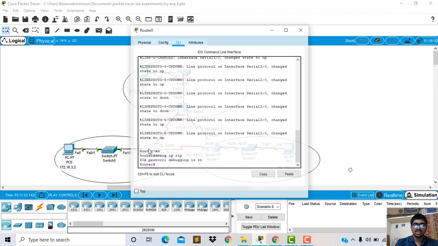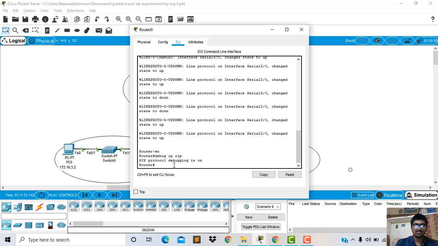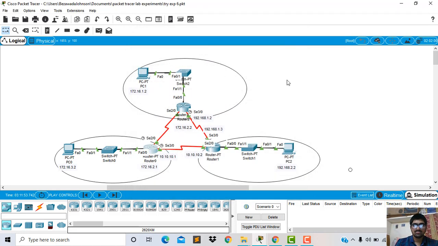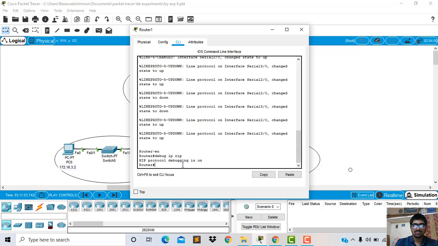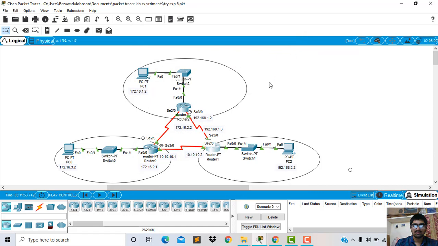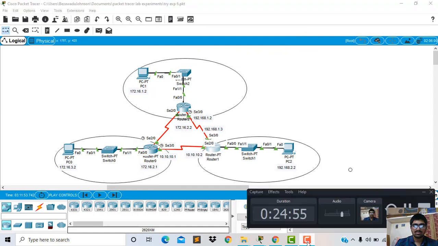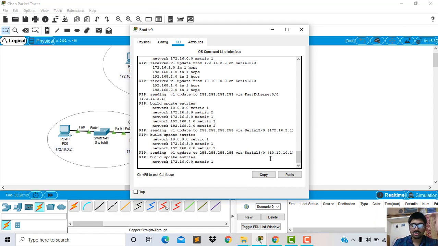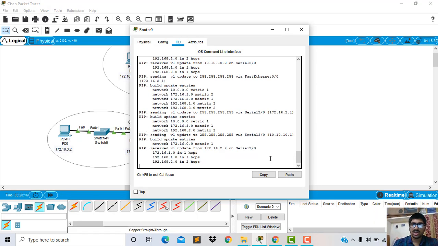Now we will see router 0. The debug IP RIP displays the routing transactions on RIP.